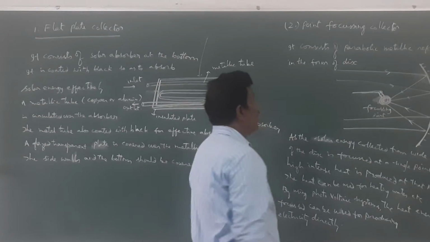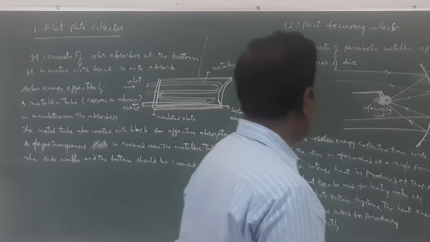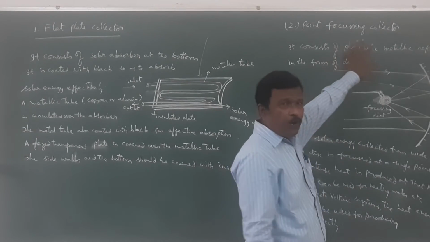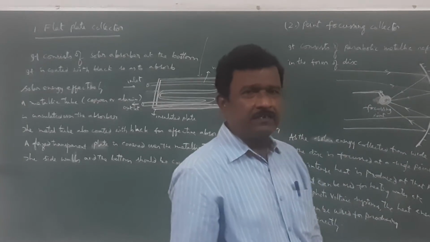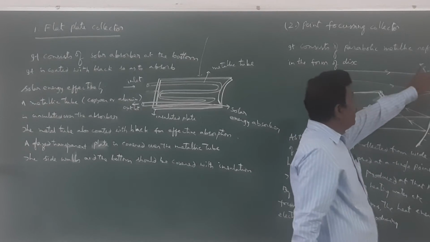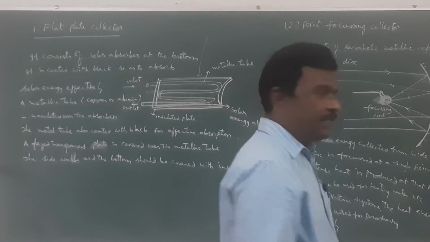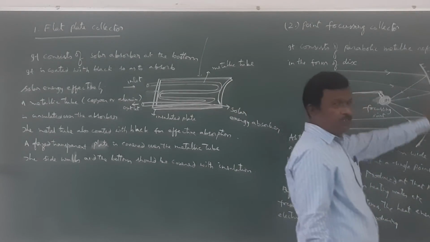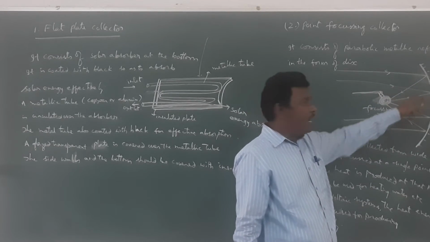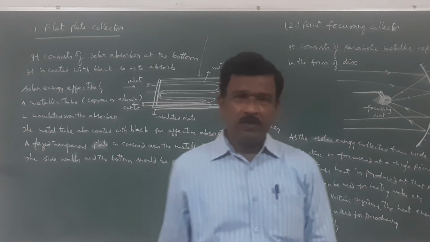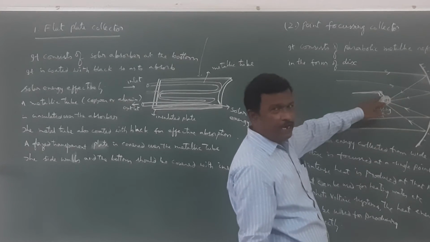So these are the construction and working of the point focusing collector. It consists of a parabolic metallic disc, a metallic semicircular disc. The outer region is coated with black. The inner surface is so smooth that the majority of the light is reflected and focused at a fine point. At the focusing point, a solar absorber is kept, therefore it absorbs solar energy.